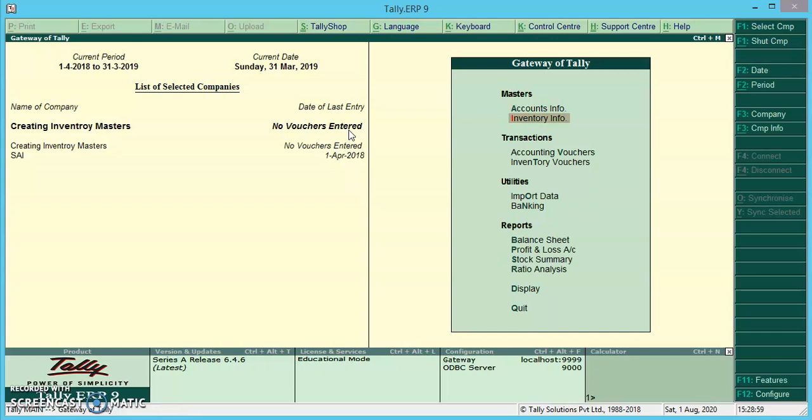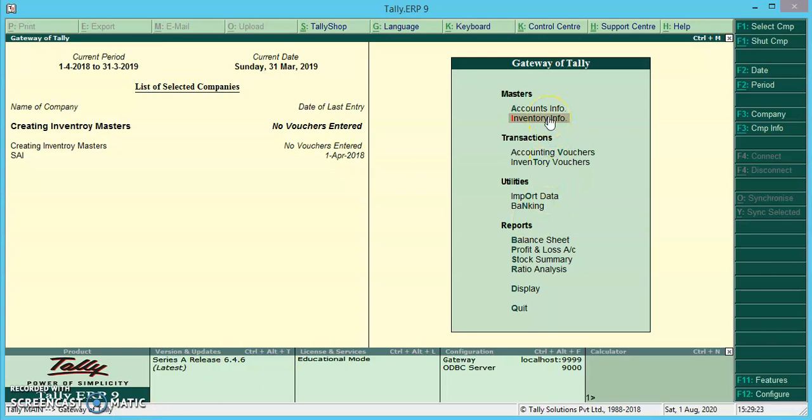Now, Gateway of Tally, Inventory Info. In order to create stock groups, first go into inventory info. The path to reach the inventory info menu is Gateway of Tally, then Inventory Info.